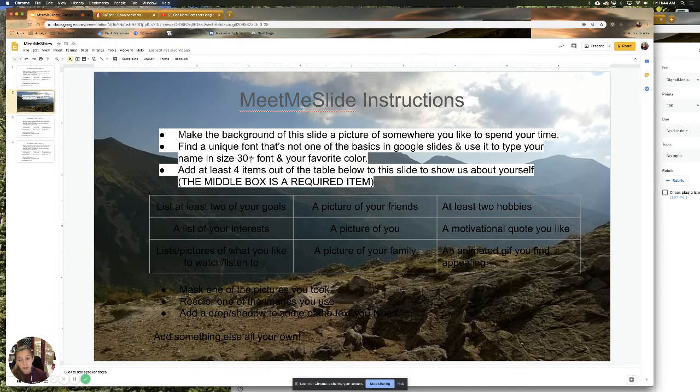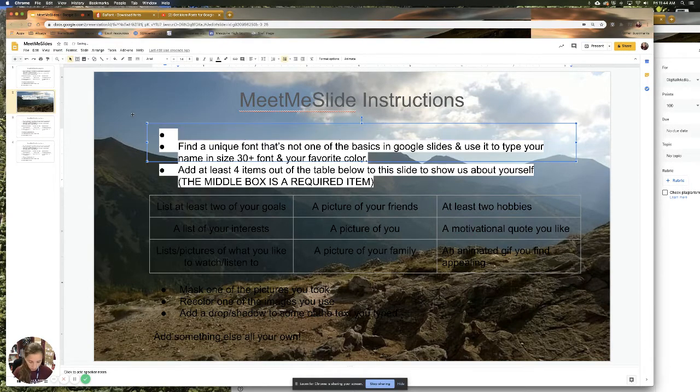In Photoshop, you can do shadows and beveling and stuff that will really help. But for now, that works. As you go through, go ahead and just delete the part you've taken care of so you can check it off the list. Find a unique font that's not one of the basics in Google Slides and use it to type your name